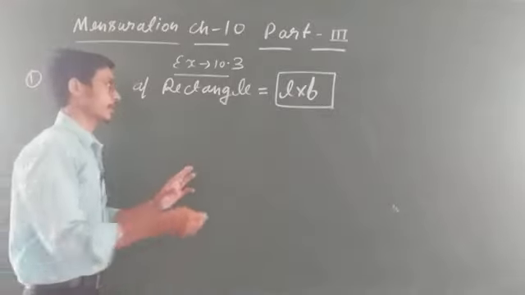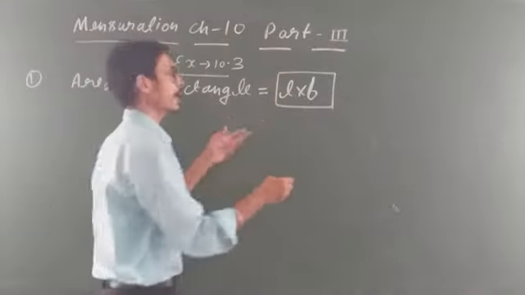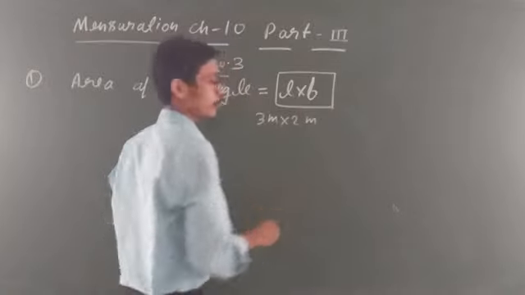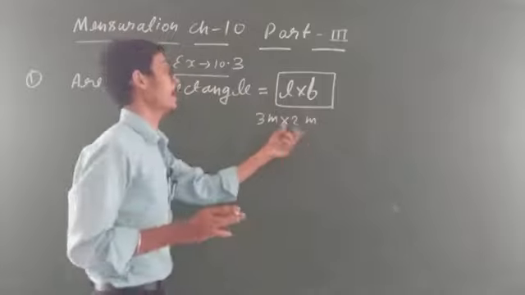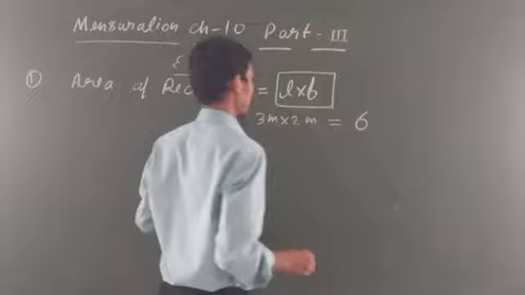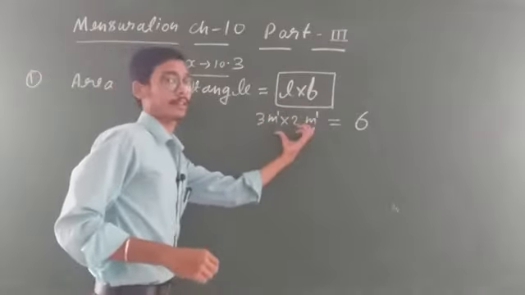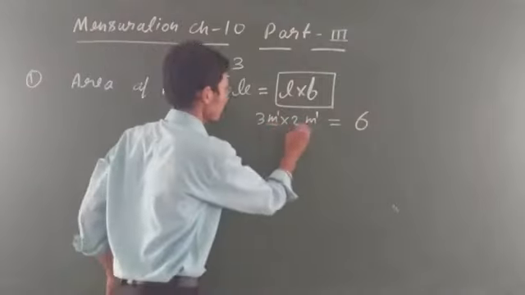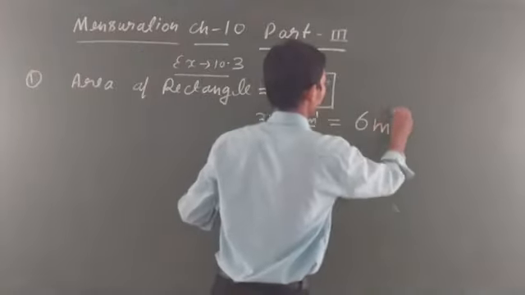One important thing: if you have to find area, L into B, and L is given as 3 meter and breadth is given as 2 meter, you have to focus on one thing. The unit meter and meter, how many times is it given? And the multiply sign is clear. So 3 times 2 is 6, we will write down. This is correct, but the meter here is 1 meter and here is 1 meter. So if multiply is given, remember, and it is the same thing here and here, whether meter or centimeter, what you will write down is power 2.